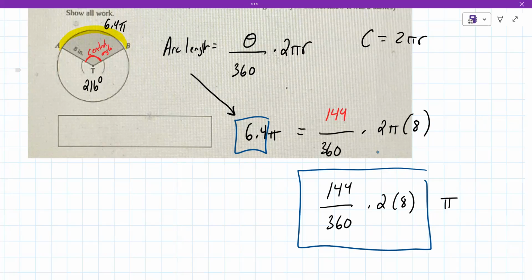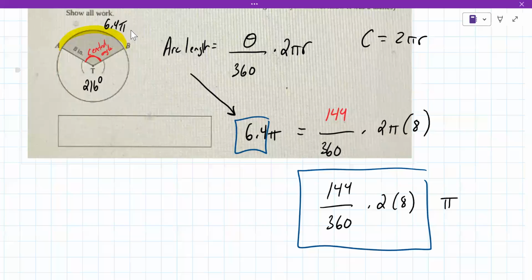Is it always pi? No, they're just being kind to you by putting pi in the answer. All right, so yeah, I guess in this case, 6.4 pi. And then we know 144 is what's needed for